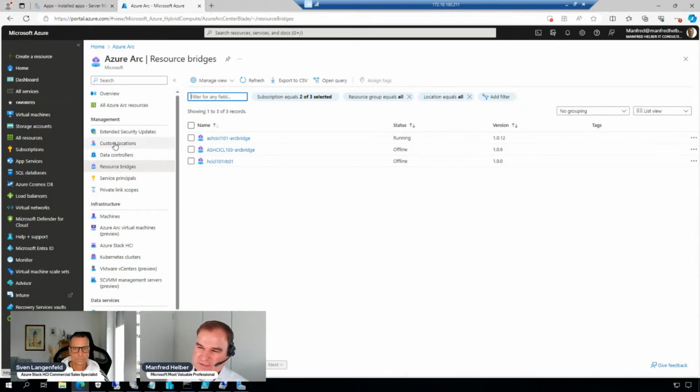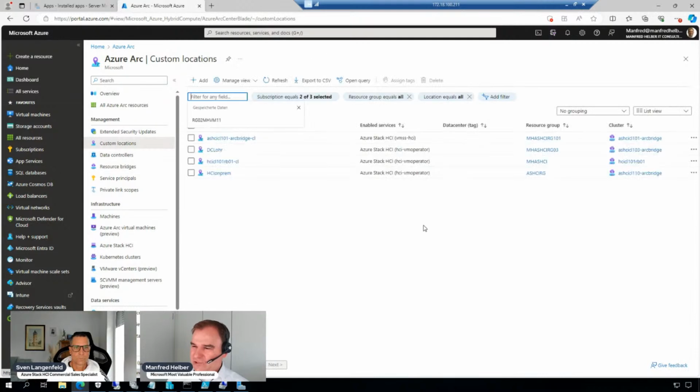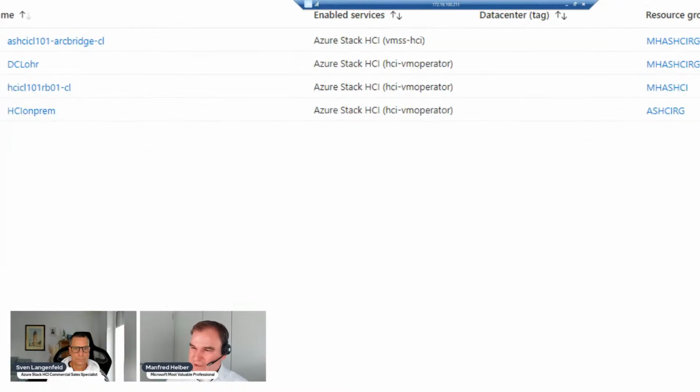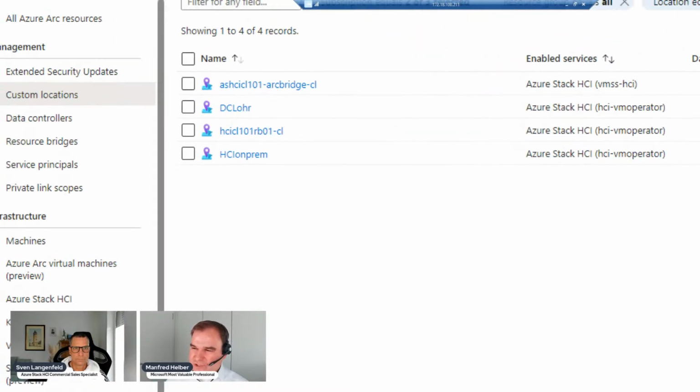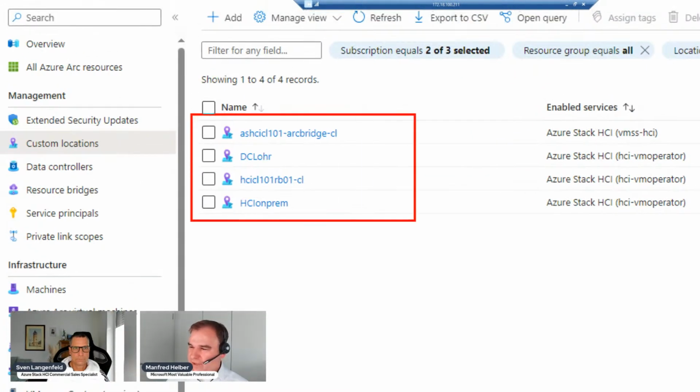So we can see this here when I go to my custom locations. Every resource bridge brings a custom location with the resource bridge configuration. And I don't have a clear naming convention here because I tested different things, but you could say, okay, let's say the first custom location is, for example, data center Munich.